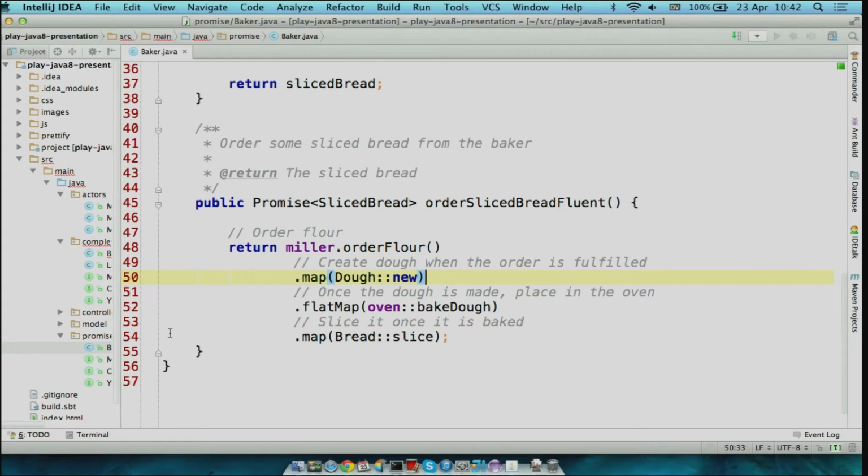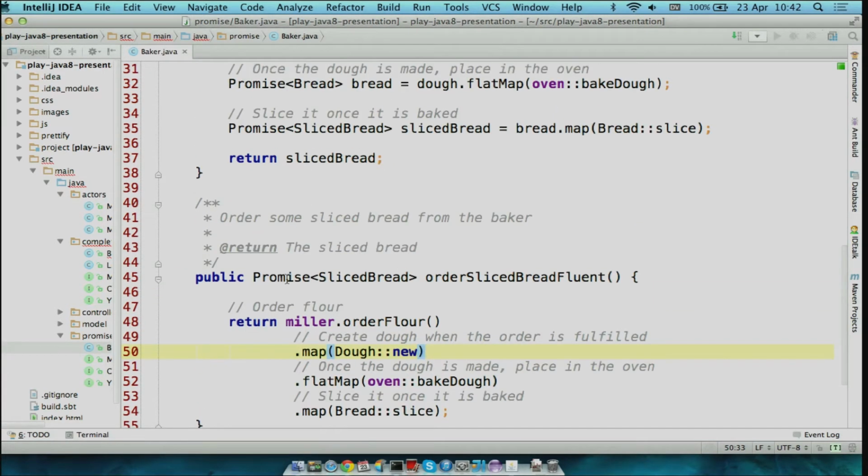Okay, but what does this actually look like when you use it in Play? You can see here, I've returned a promise for sliced bread, but what does the consumer do with it? Eventually you have to actually do something with a value. You don't want to keep on mapping and mapping and mapping it. You want to do something with it. And the answer to that is usually in the framework.